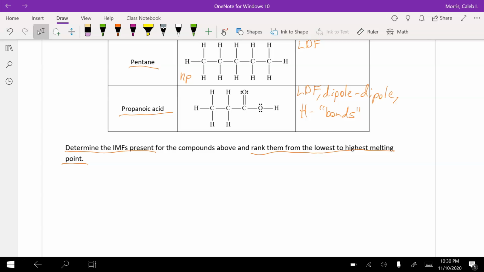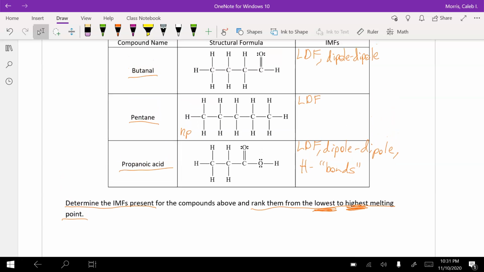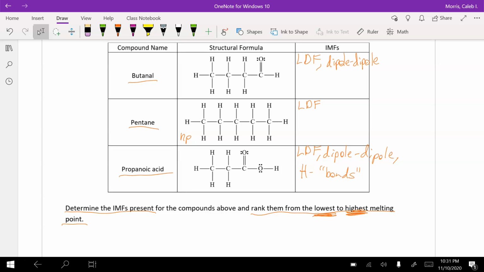Now it asks us to rank them from the lowest to the highest melting point. Now lowest melting point means it's easy to melt, easy intermolecular forces to break. So that would be the one with the weakest or the least intermolecular forces. Looks like that's going to be pentane. Pentane has the lowest melting point. Then afterward, we're going to have the one that has LDF and dipole-dipole, which is butanol. And then finally, the one with the highest melting point is propanoic acid,